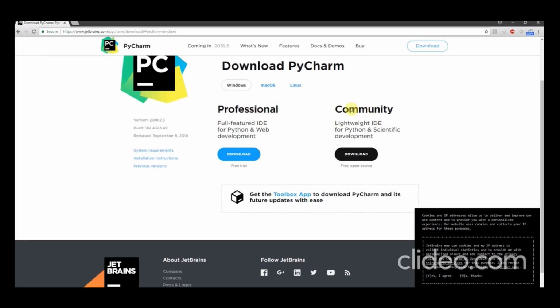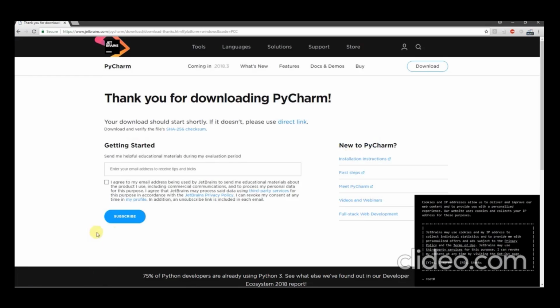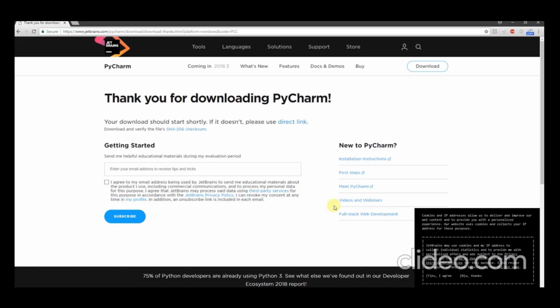Okay, so here it has started. I already have this exe file, so I'm discarding it. Once we have downloaded PyCharm, you need to install this software in your system. The complete software you have to install in your system. Just by running the exe file, it will go through a few steps, and it can be easily installed on Windows. Once you have installed PyCharm, and I already installed it, let me just show you how the UI will be.